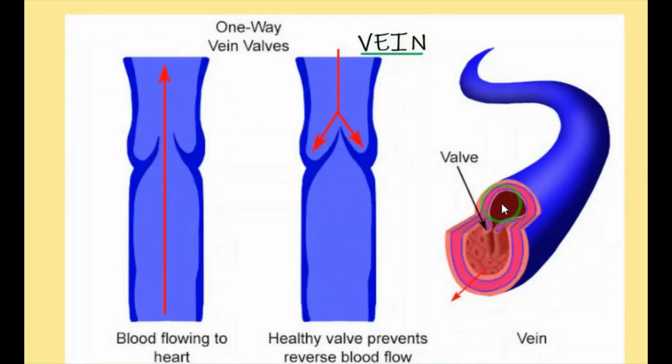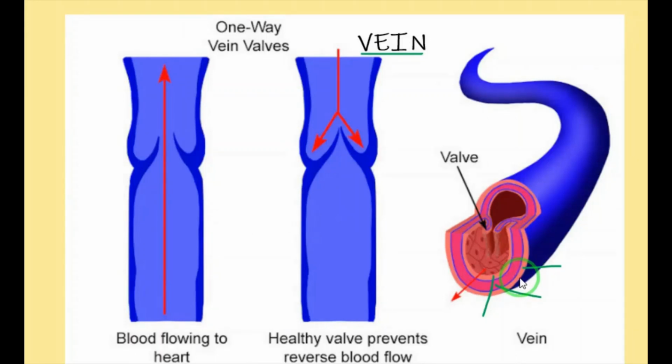The second blood vessel is the vein. This is the vein. The veins are thin and non-elastic vessels. There are three layers present: outer layer, middle layer and inner layer. Three layers are present in the vein. So the walls are very, very thin. Okay, thin walls.